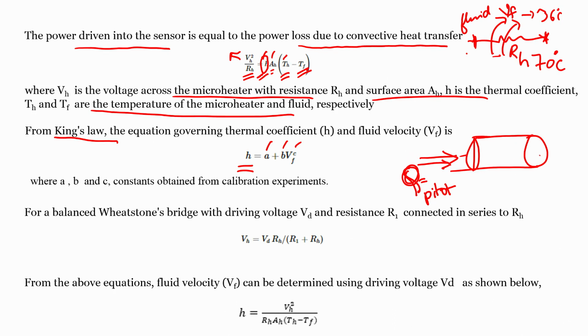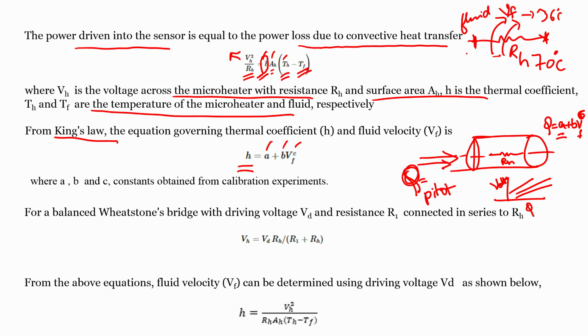Now you drive the fluid through this channel, and you have your sensor, or the heater, in this channel. Say you perform 10 such experiments; you will find a relationship between the sensor voltage and the volumetric flow Q. From these multiple plots, there is a relation Q is equal to A plus B V to the power of, say, C. From these experiments, you can get these constants; these are calibration constants.